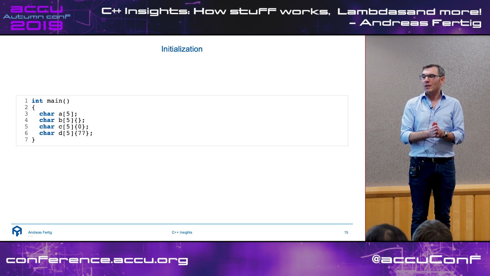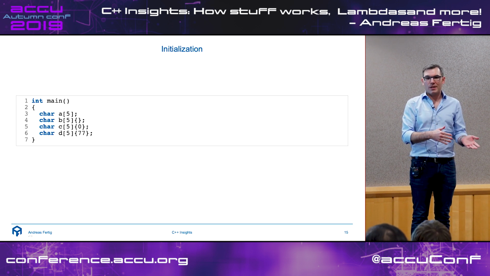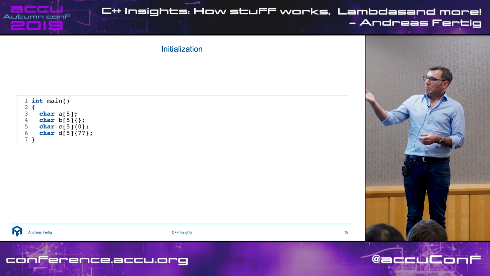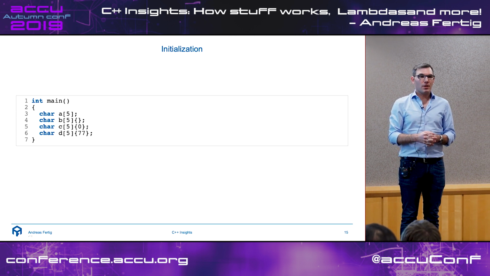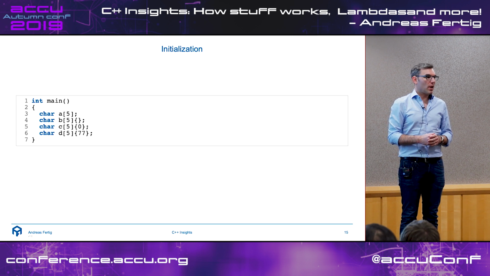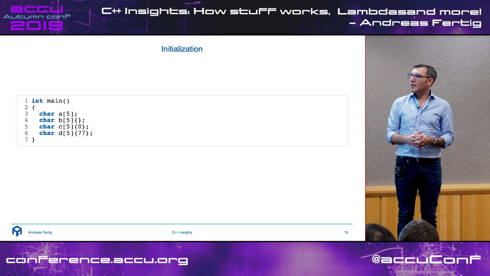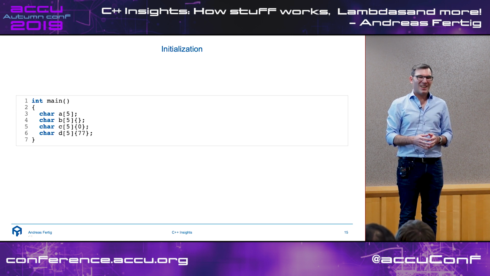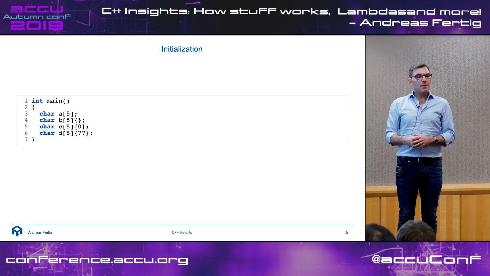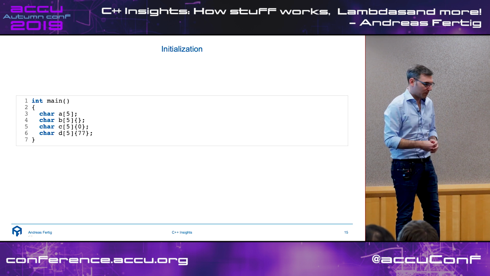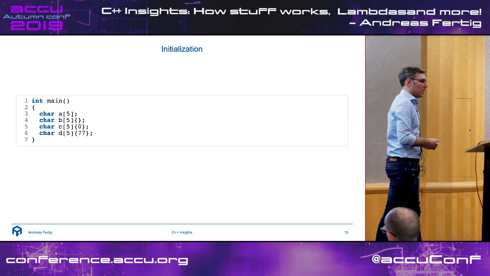If I initialize a simple int with the empty curly braces, I get an initialization with 0. I can also initialize this particular int with 0 in the curly braces. So I like to be explicit here, and I like to state that my variable C should be initialized with 0. And the sad part is C seems to work, because it does the right thing. And there are other people saying, well, zeros are all over the place. I like a different number. I initialize my variables with 77. I personally prefer 0xAF, but that's just because my initials match there.